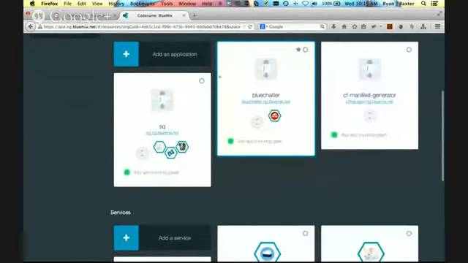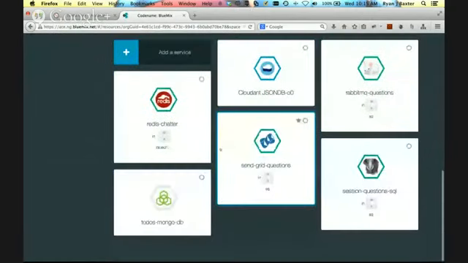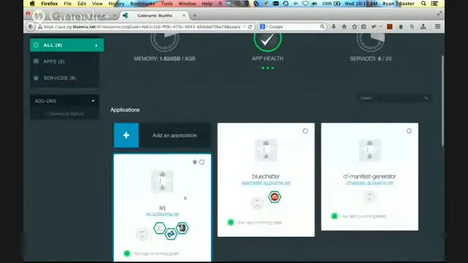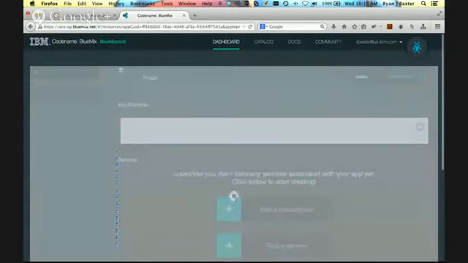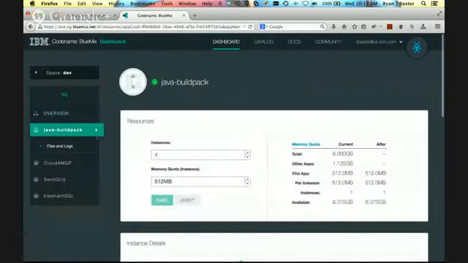Right below that you'll see your applications. I have 3 applications currently deployed to BlueMix, and then I have a couple of services that I'm using in those applications down here as well. You can select any application to get a deeper view of it and see what's actually happening. So you can see which build pack is